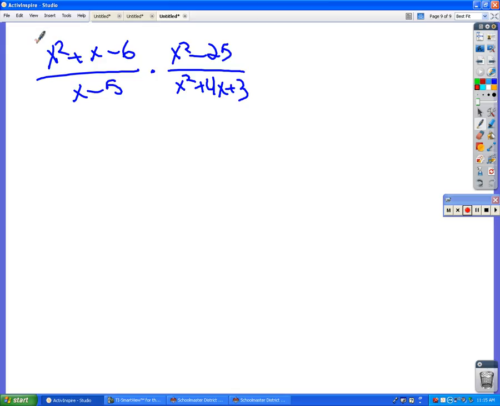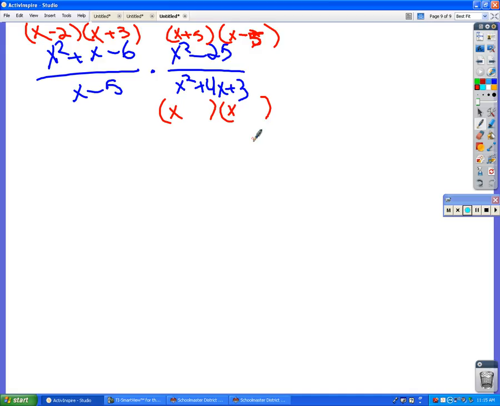So let's factor this top part here. X squared plus x minus 6 factors into x times x, negative 2 and plus 3. X squared minus 25 is the difference of 2 squares, so that factors into x plus 5 and x minus 5. Okay, x minus 5 can't factor at all. X squared plus 4x plus 3 factors into